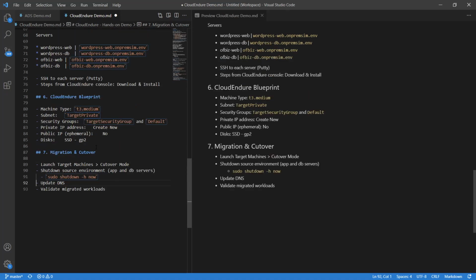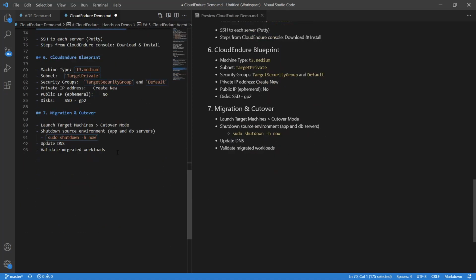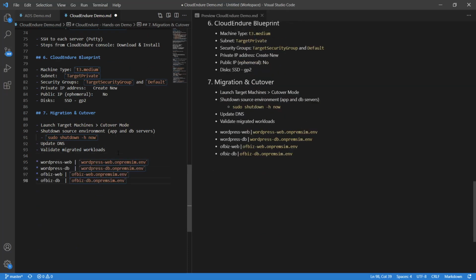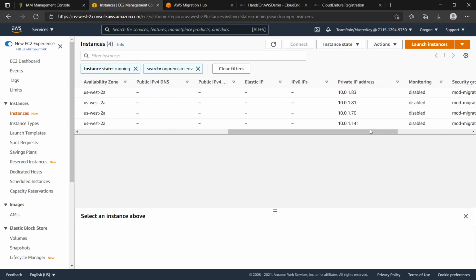Here you go. So you have these 4 servers, WordPress DB and WordPress Web, WordPress Web and DB, these 2. These are 81 and 70.